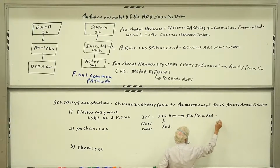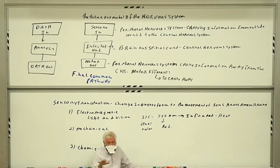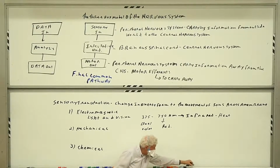And infrared is heat. We're all familiar with that. We can put our hand close to a hot pan and we can feel the heat. But we can't really image with it. But if you look at a pit viper,